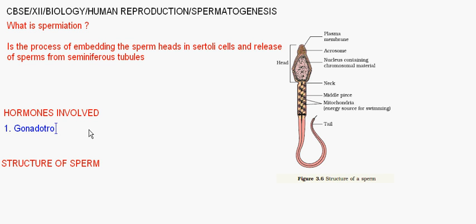It is a hypothalamic hormone, so it again stimulates production of two more hormones by the pituitary gland. One is luteinizing hormone, LH,